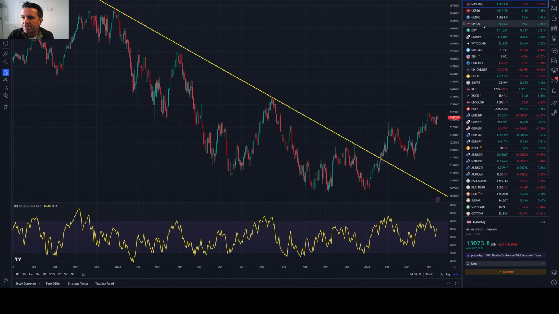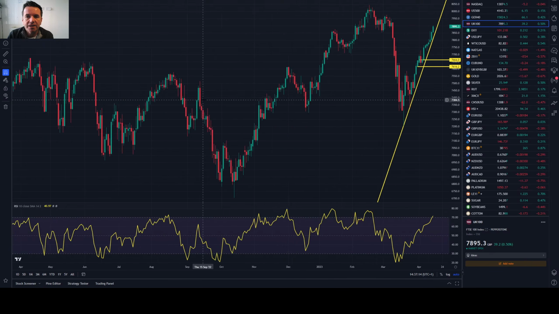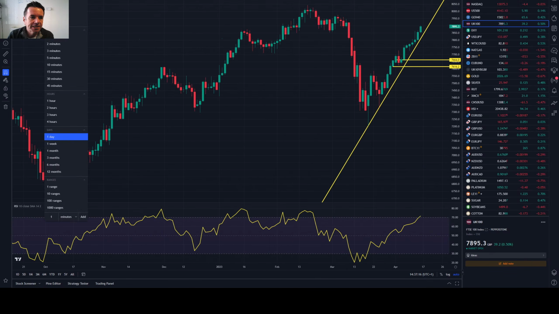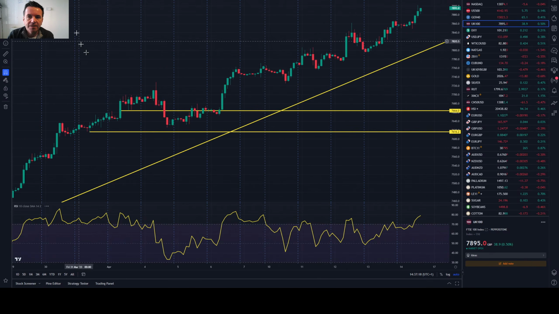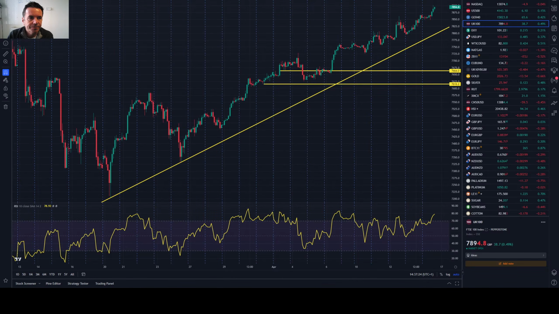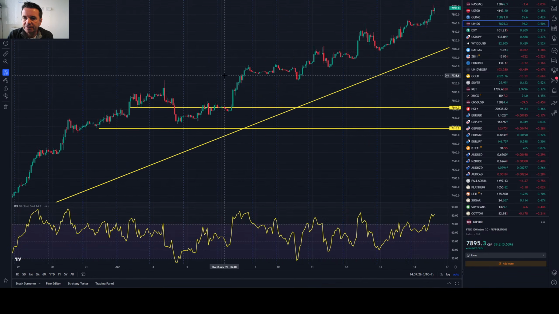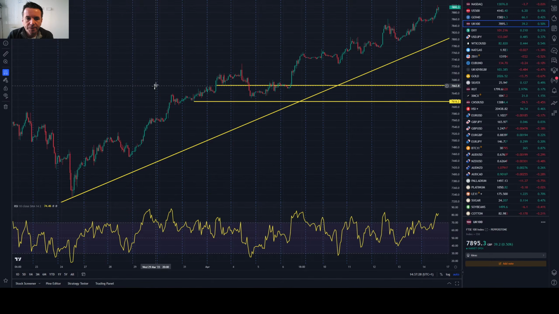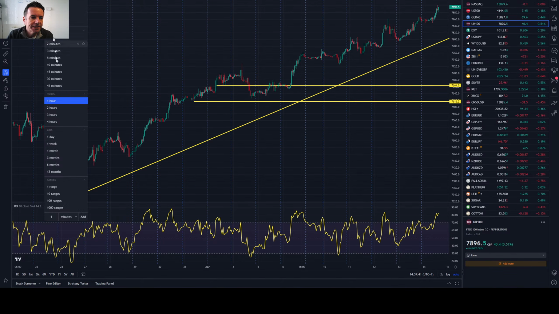I think I've missed this trade this week, but the best stock index this week, I think, has been the FTSE. I mean, absolutely great trend in the FTSE. I did catch a bit of it somewhere. I can't remember where. If I flip it over to an hourly, I think I caught a bit of it from here to here, into the beginning of April. But I don't think I was paying enough attention. It's been a great run, and still here we are at 7,900 on the FTSE.